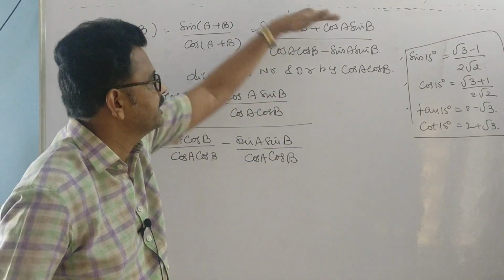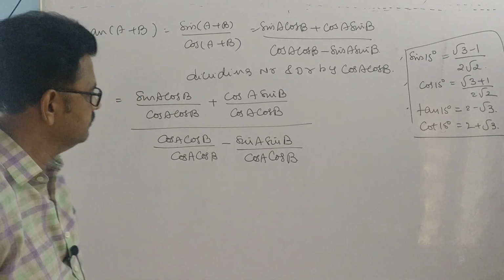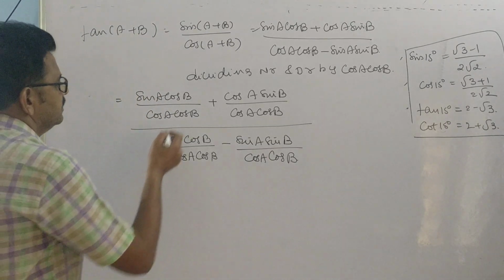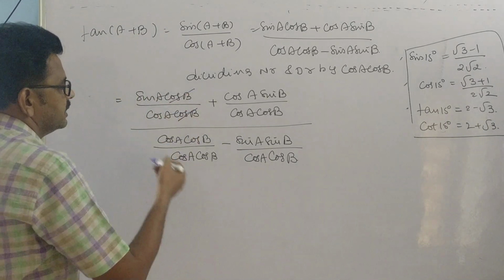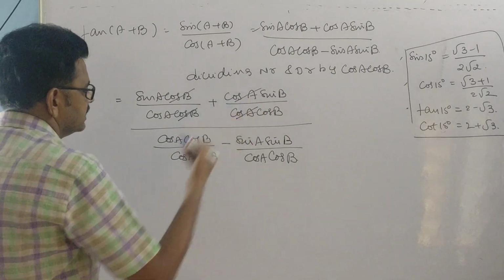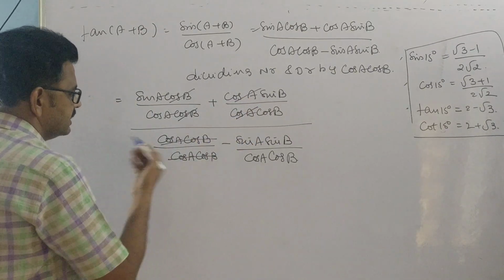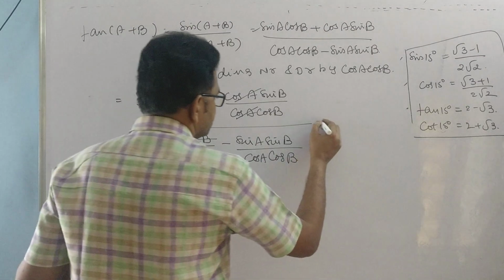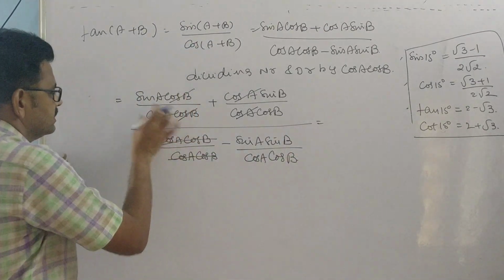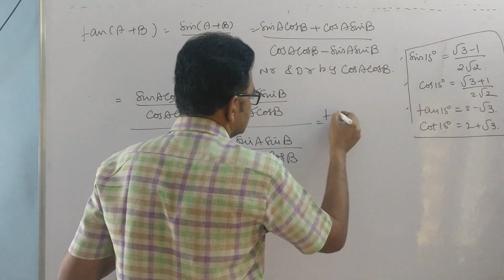Like this I can separate. So here cos B cancels, cos A cancels. These get cancelled. Therefore this is equal to sin A by cos A, which is tan A,